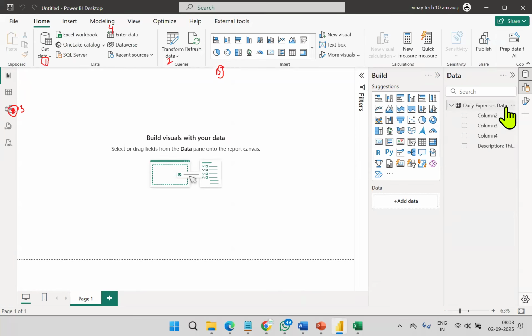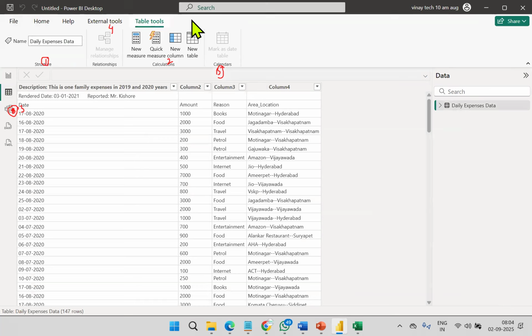Now this data goes here in the data pane. See, this is a table name and these are the columns. So get data, open this table name, columns. And if you want to see this table view, I told you. So first ribbon I used. Second, I'm using view. That's why I told you 1, 2, 3. These three only are important. See, this data pane data you are able to see.